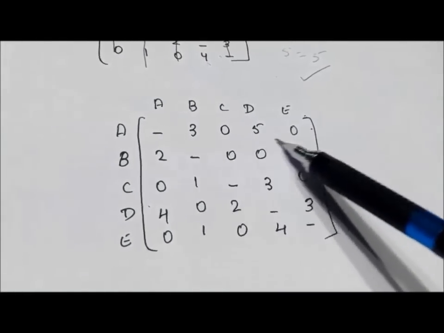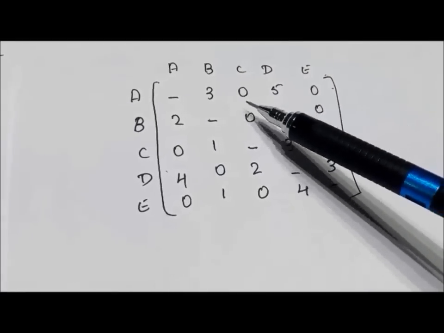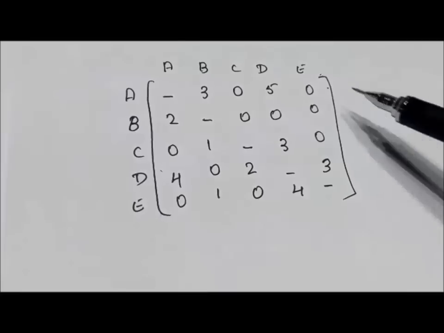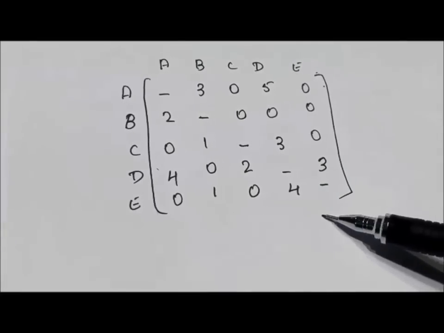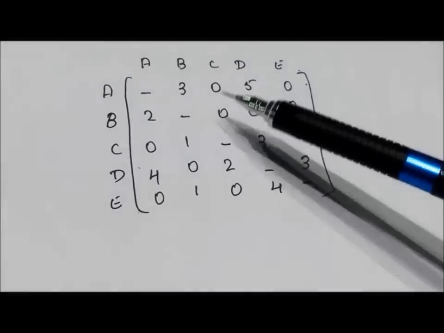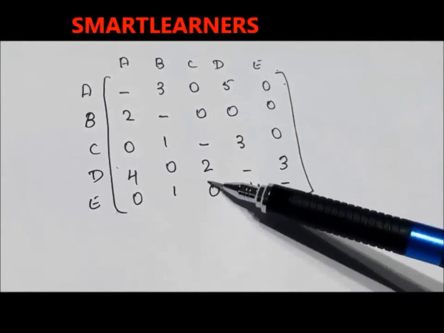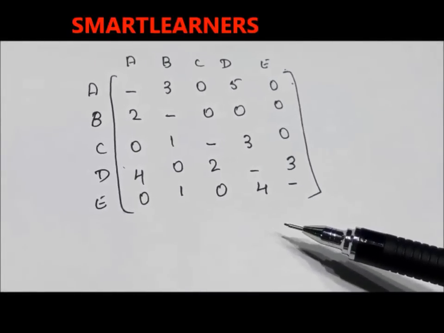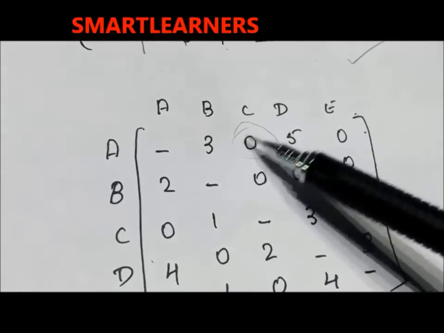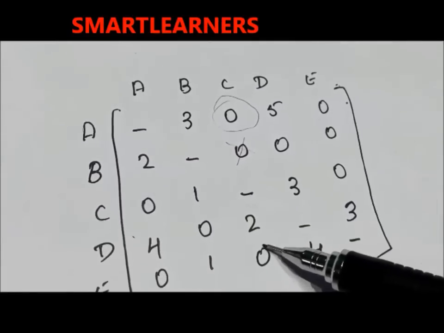Hope you all are aware how to go ahead with the allocation. In the first row, if I have to do the allocation, I have to check in such a way that choosing one of the zeros should not be a problematic condition for the rest of the column. So in that case, if I blindly select this particular zero, every other zero present in that particular column will have to be cancelled. So here I am selecting this particular zero, and I'm cancelling out every other zero present in that particular column.